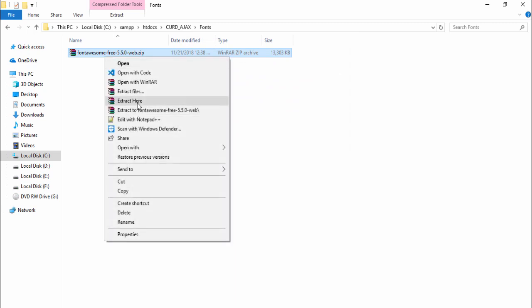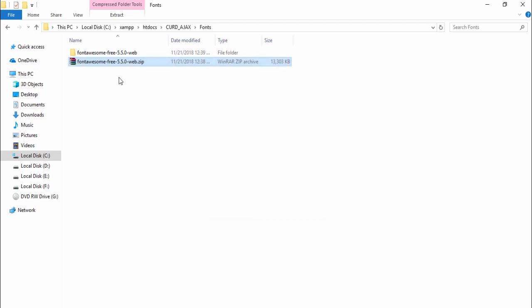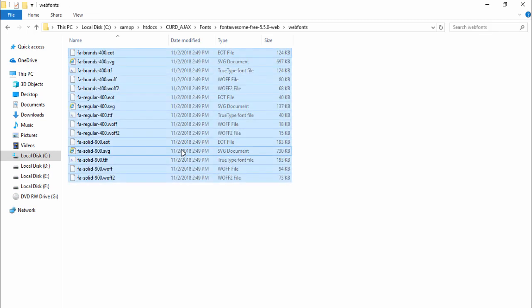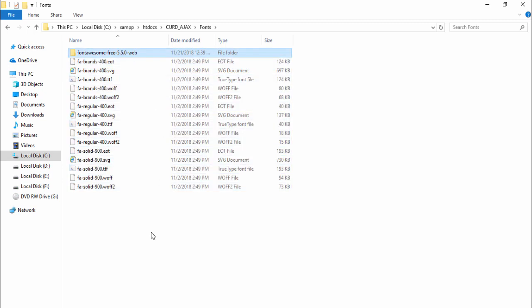Right click it and extract. Then you need to wait a couple of seconds guys. Then I need to remove the zip file and open the Font Awesome folder, cut the web fonts. So I open this folder also, I cut the whole files and go to Font Awesome, paste here, I remove this folder. Okay,